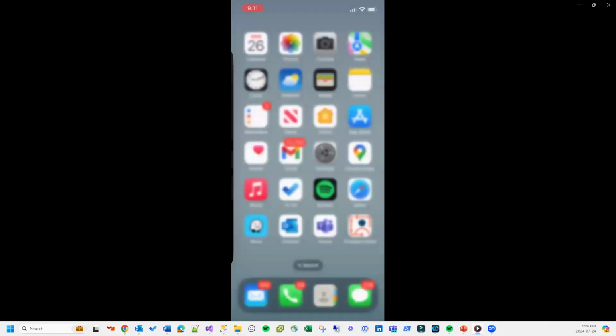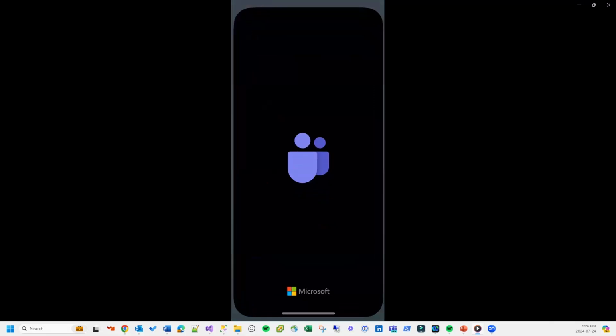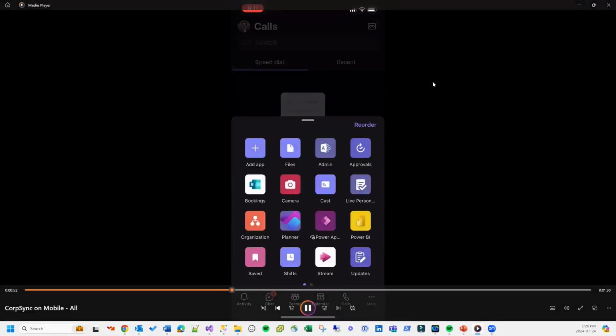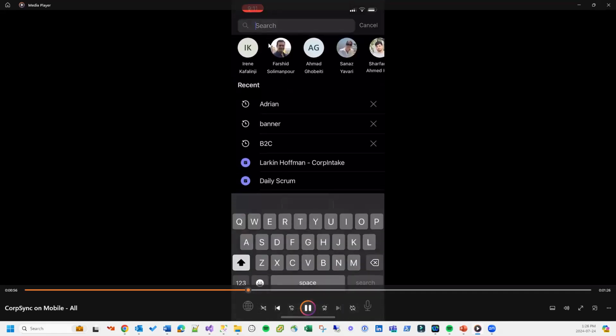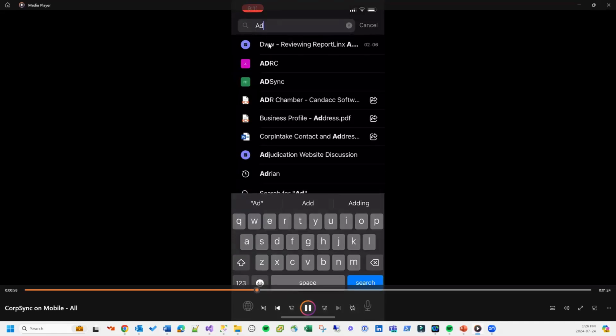Let's move on to Teams. Teams is a little bit tricky. The app on your phone doesn't show it right away; they still don't have a contact. However, if you go and type the name of a person, an option for people shows up. So if you go here and type the name, for example, Adrian,